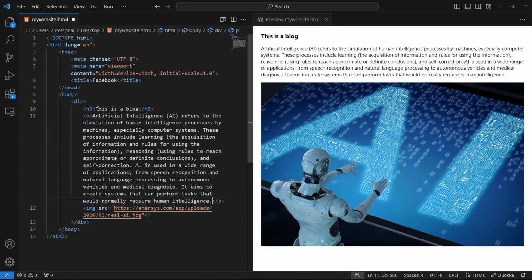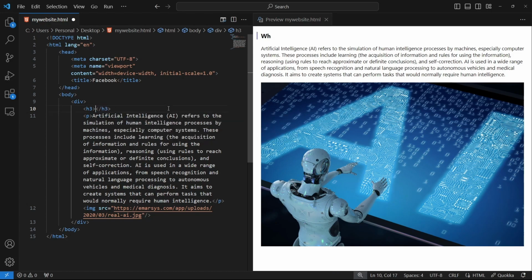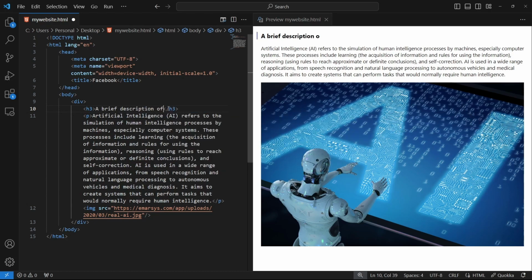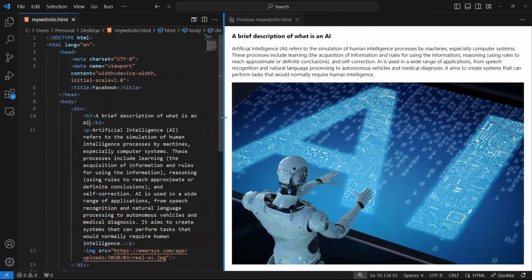And then let's just change our heading in here to a brief description of what is an AI. Ayun, parang ang gandang tingnan ng website natin ah. Oo, responsive pa ata.